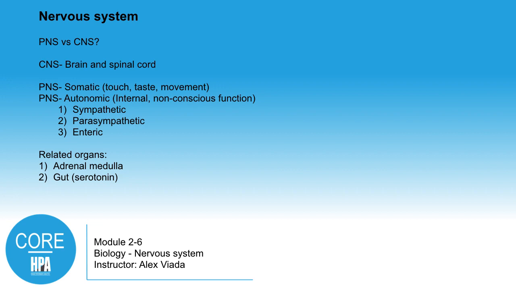If folks are familiar with the sympathetic and parasympathetic nervous system, this is typically considered a subset of the autonomic peripheral nervous system. Sympathetic and parasympathetic we may be familiar with from a lot of discussions on arousal. The sympathetic nervous system is considered the fight, flight, or mating, and the parasympathetic considered rest and digest. Now that's kind of an arbitrary delineation because there are numerous processes in the body and numerous states where they're considered both sympathetic and parasympathetic, but that is primarily what we're talking about now.